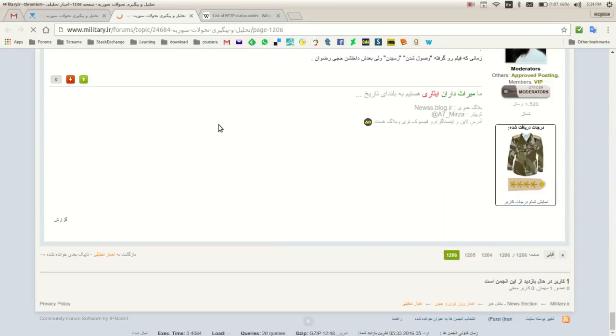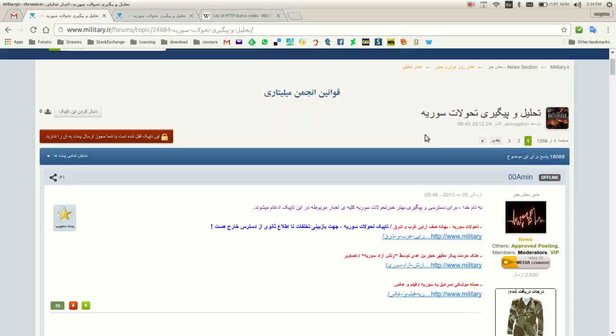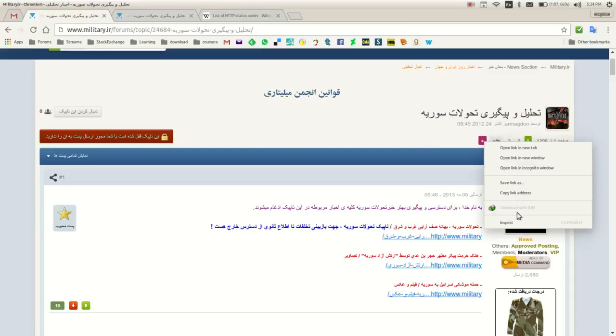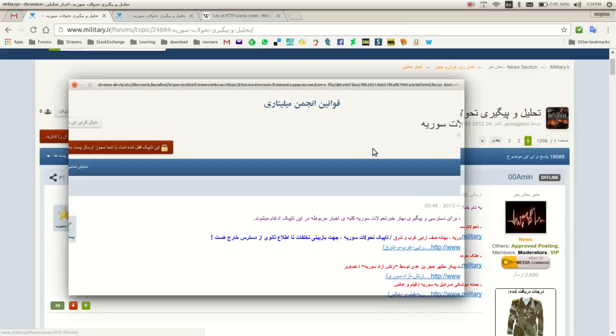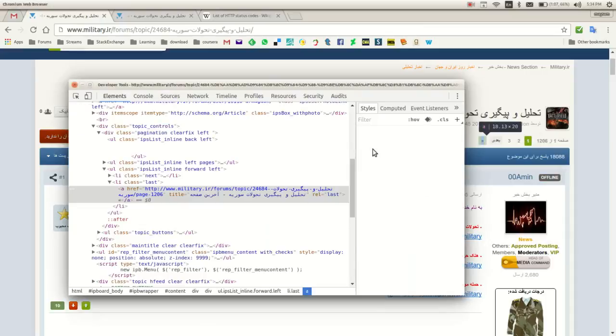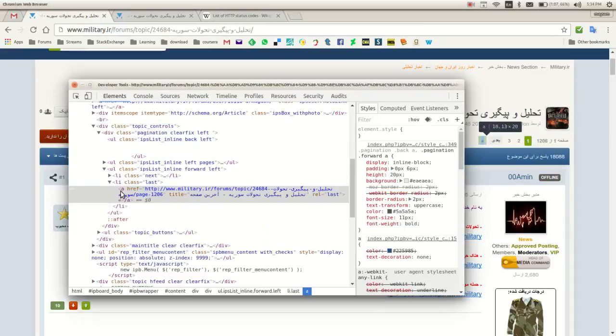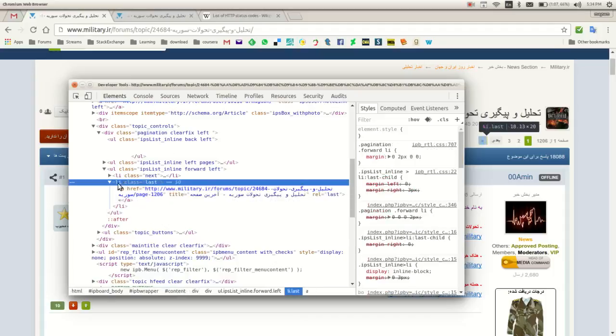Okay, so how did we get it? Let's find this button. It was it. We're going to inspect it, and let's see what we have. So it's an anchor tag, pointing, this title is the last page. Well, rel is last. Okay, well, this isn't the one that we need. Well, li class, which is equal to last or the next. So what we want